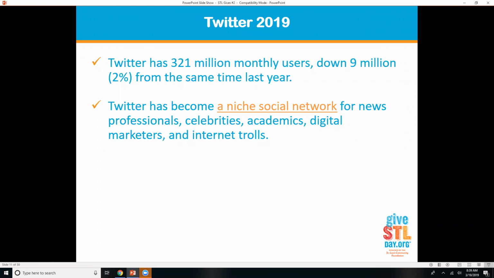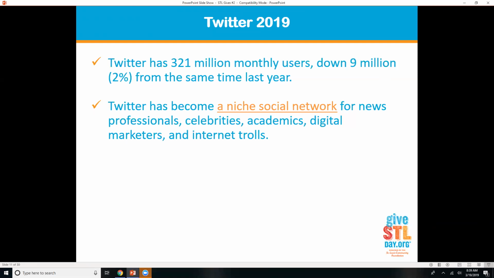So Twitter has 320 million monthly users. They don't actually publish how many of those are daily users. If I had to guess, 20 to 30 million. And they tend to be news professionals, journalists, celebrities, academics, digital marketers like myself. There's a lot of digital people on Twitter that talk about how to use Twitter, how to use Facebook. And lastly, internet trolls. It has become a place, unfortunately, where there's just a lot of mean, nasty people who spend their days behind a fake profile, just to spew out hateful